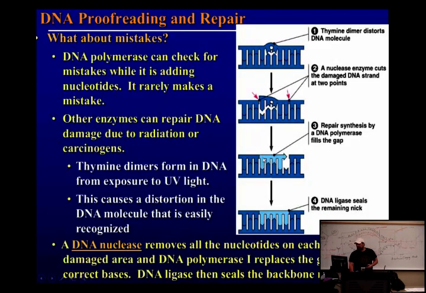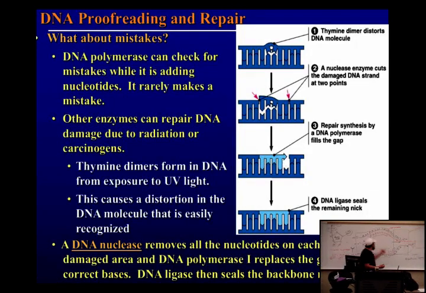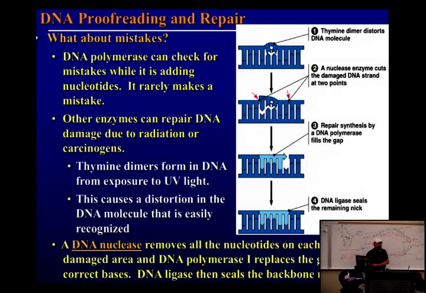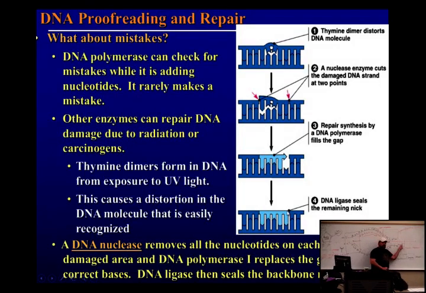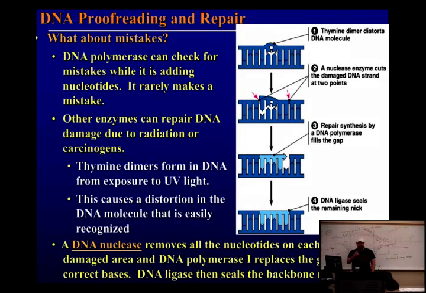And then the enzyme that lays in the new nucleotides is the same one that replaces the RNA primer. So what was that called? No, the one that replaces the primer, not puts it there. DNA polymerase 3, no, 2, 1. 1, that's right. So DNA polymerase 1 replaces that. And then, remember there's a gap, so what enzyme can seal that gap? Ligase, right? So that's the enzyme. So make sure you guys know these enzymes and what their role is, because I'm going to ask you that on the final exam.